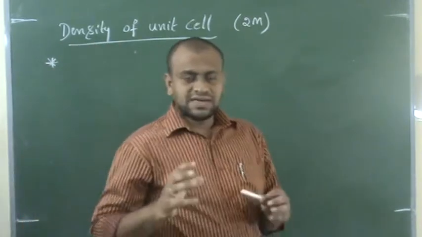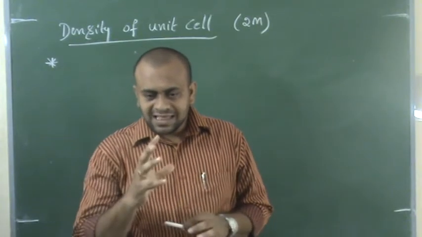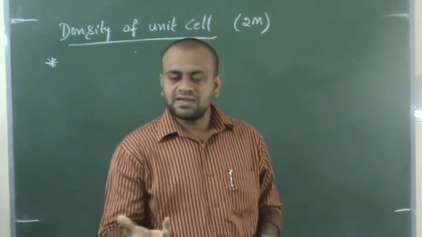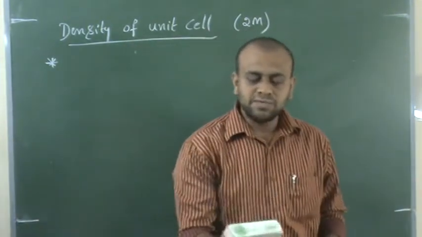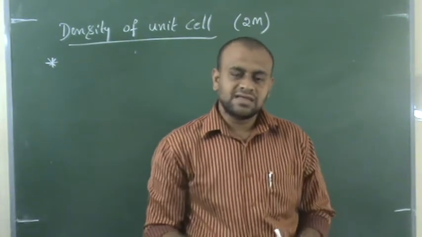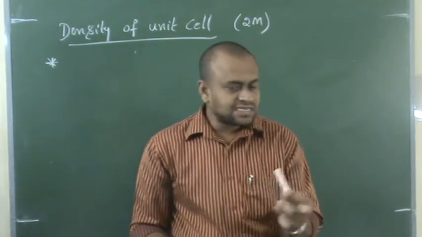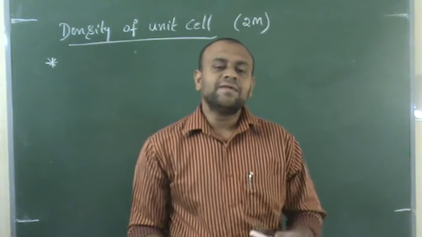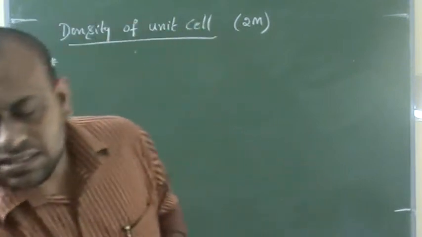To study unit cells, we cannot take the unit cell in hand. If you want to see a duster, I can easily handle this duster with my hand. But it is not possible to show you the unit cells by using hand or naked eyes. Then how can we study the unit cells? How can we say this is the edge length of the unit cell, how many particles of the unit cell are there? How can we say all these things? These things can be identified by X-ray diffraction studies.